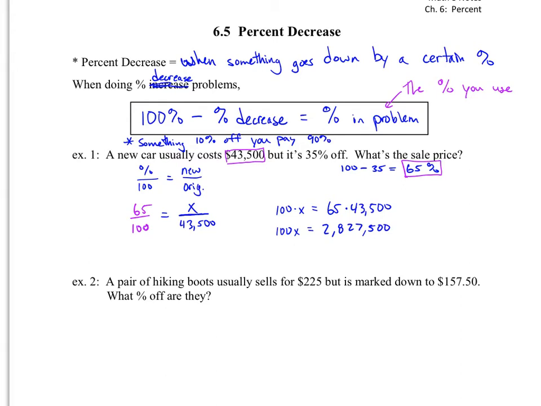$2,827,500. Why would it be... we're not done yet. We're not done yet. Thank you, Adam. We are done, because we have 100x equals that. So now we've got to do our division. Divide by 100. Divide by 100. We get x equals, divide by 100, equals